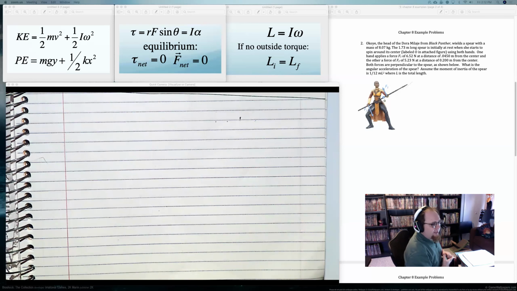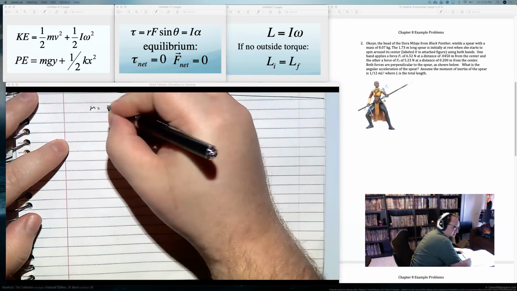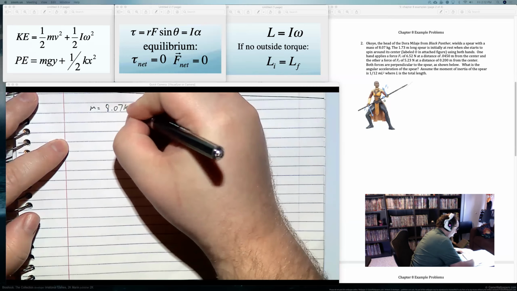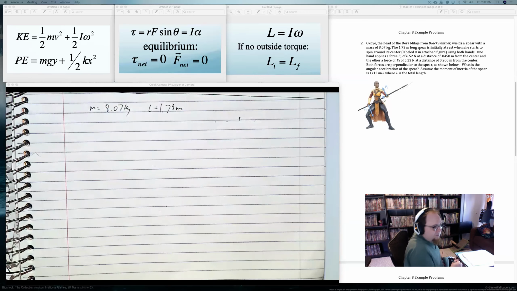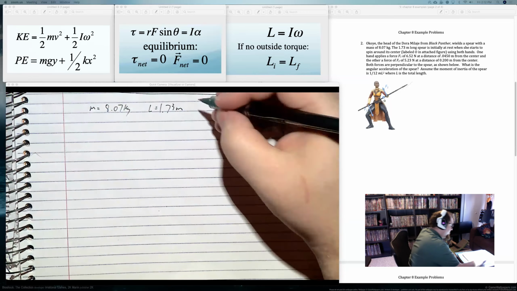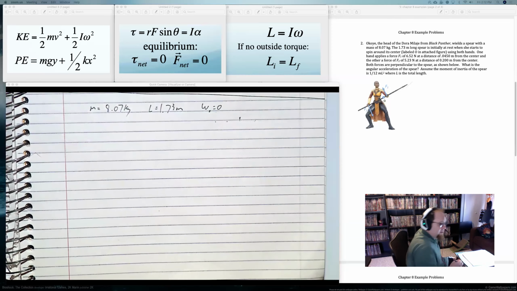But Okoye, the head of the Dora Milaje from Black Panther, wields a spear with a mass of 8.07 kilograms. The 1.73 meter, let's just start writing. Mass equals 8.07 kilograms. The spear that's 1.73 meters long is initially at rest. It's initially not moving. When she starts to spin it around the center, labeled O in this picture, using both